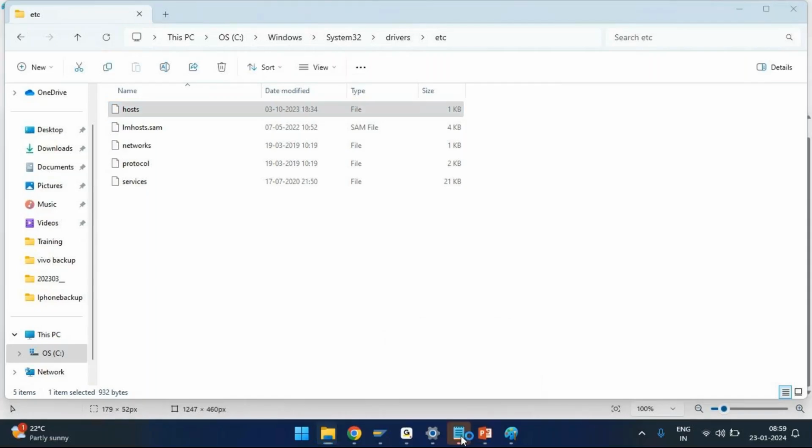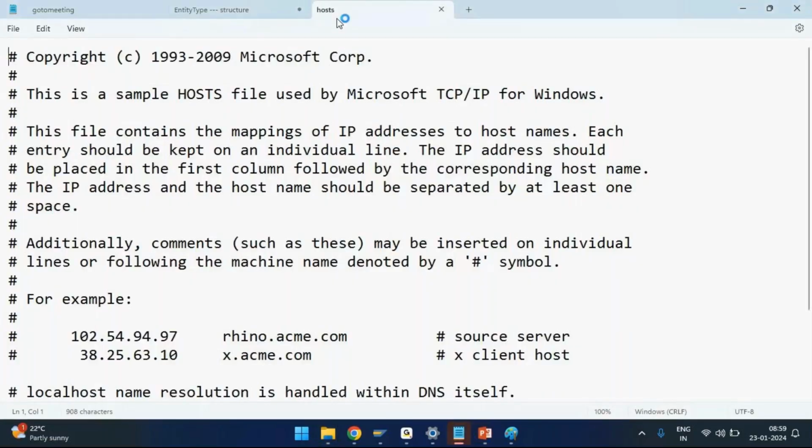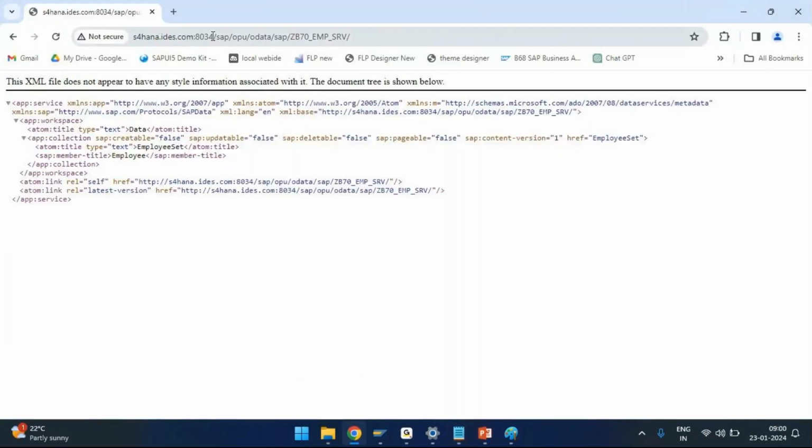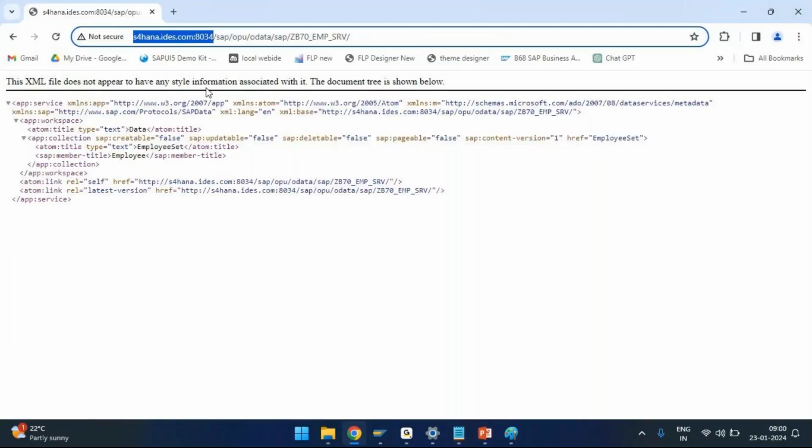Now let me open this. So this is my host file. This host file contains the domain name mapped to the IP address. Now when this URL was opened in my browser, my system, my laptop, checks